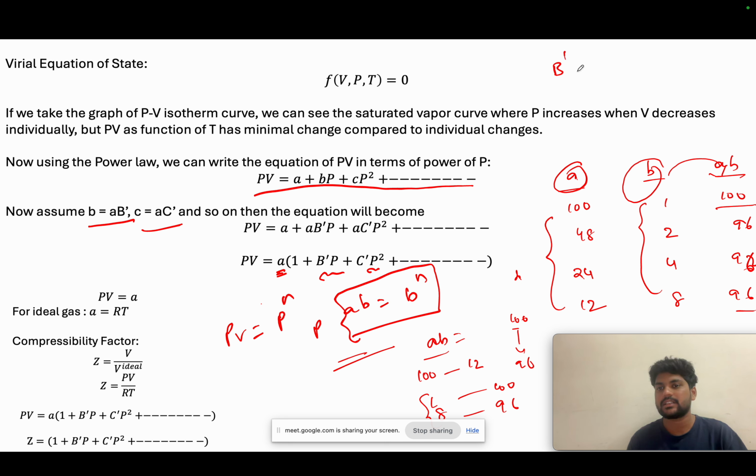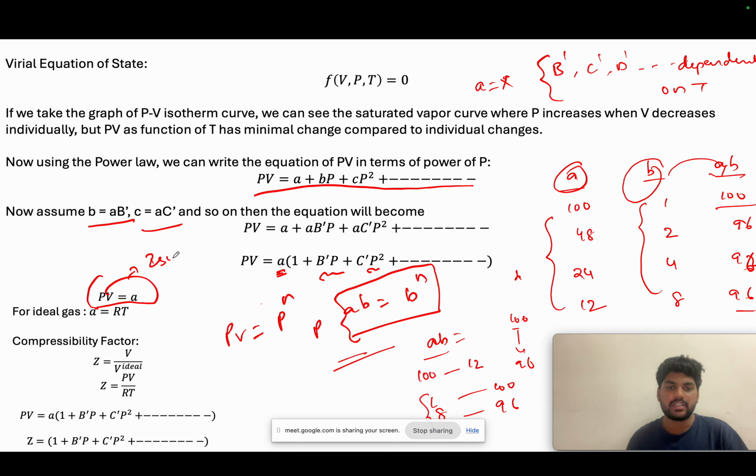and all these functions, suppose b dash, c dash, then d dash, these are all dependent on the function of t. But a is not dependent on any function, so that's why a is not dependent. So we have this equation, and at any